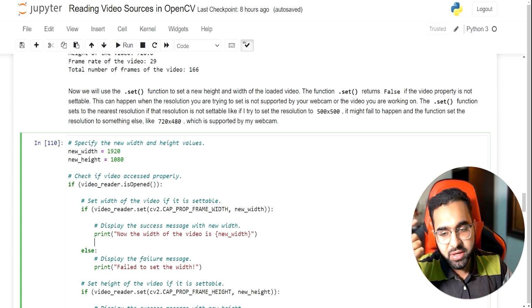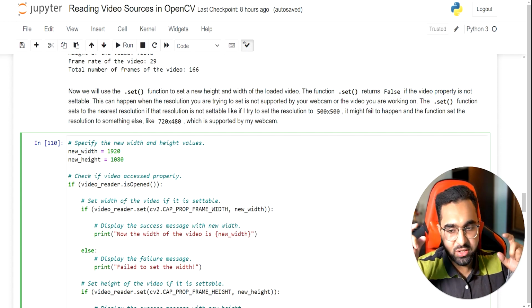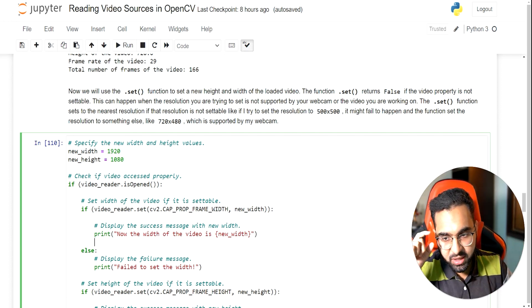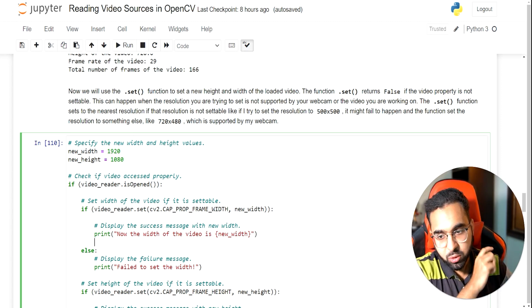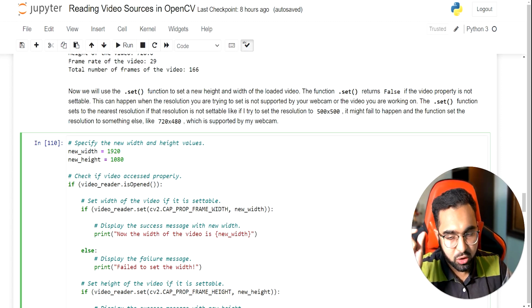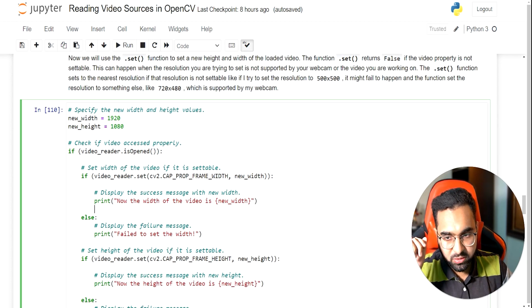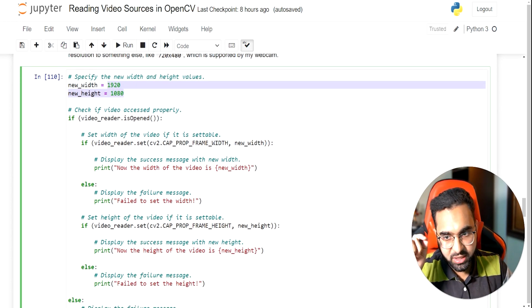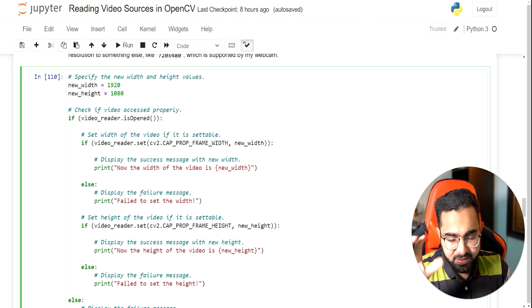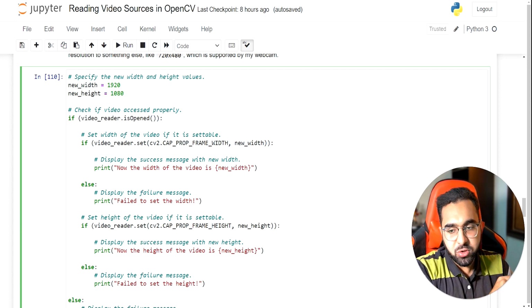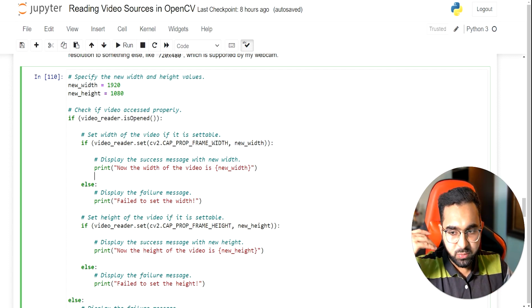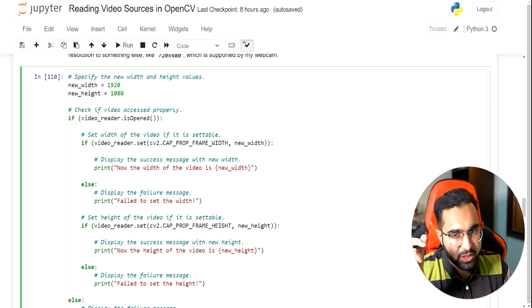By default, OpenCV I think reads the video at like 640 by 480. Whenever I want to read a webcam at its highest resolution, I specify the highest resolution that I know the webcam has, and I know that particular width and height combination will work. So that's when I use it, when I specify the exact width and height I want for that particular webcam. As I said before, many of the properties are directly related to the type of video source you're using, and whether the camera or video source supports those things. For example, suppose you're trying to change the tilt or the pan of a camera that doesn't even support those things, so it's not going to work.